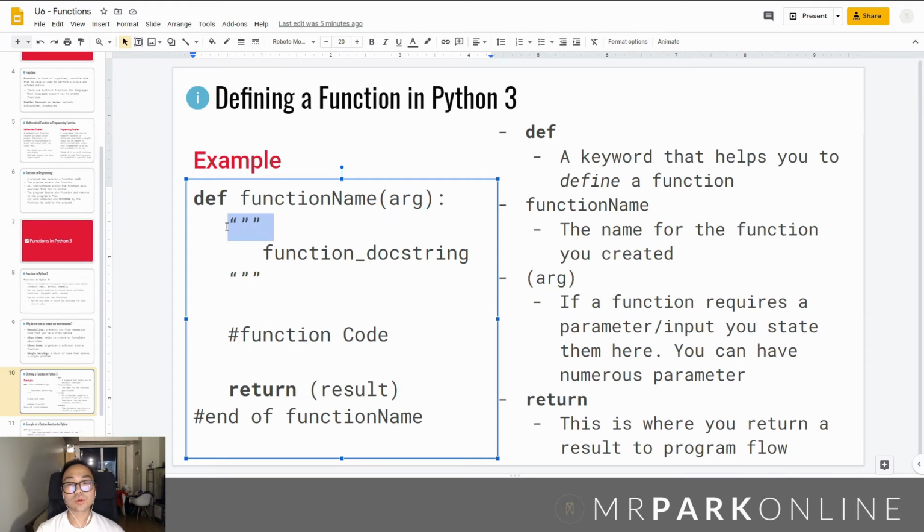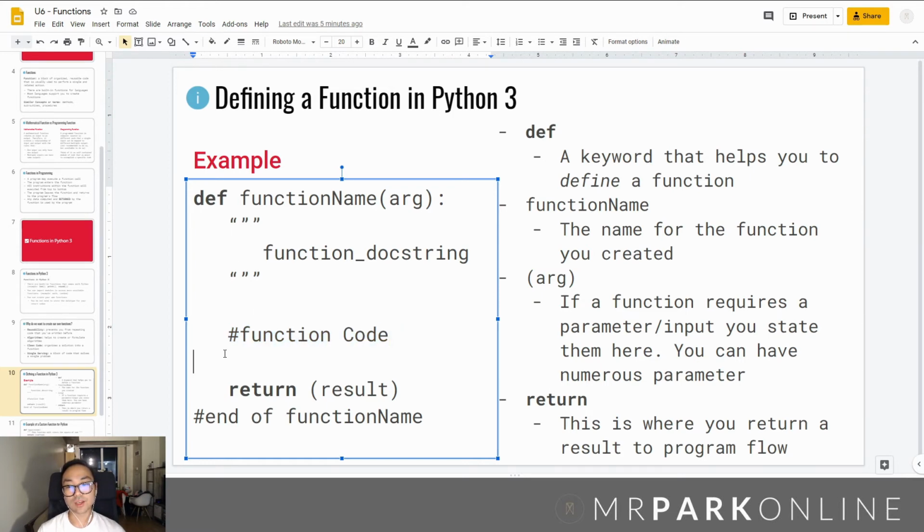We use triple quotations to help us document our function, which we call a function docstring. And so we write the purpose of what it does. We talk about the arguments it takes and the possible value that it may return with this function. And inside, everything's indented once, 4 spaces, or a single tab. We write our function code here, whether it be iterations, conditionals, or even something basic that a function might do. It is all contained in this